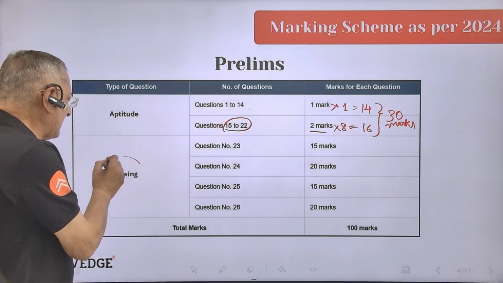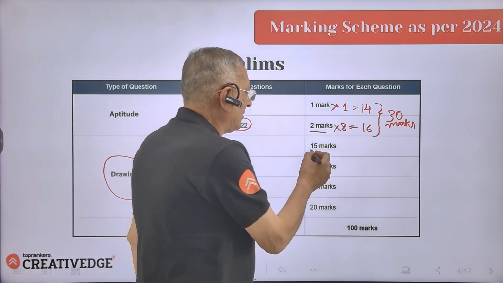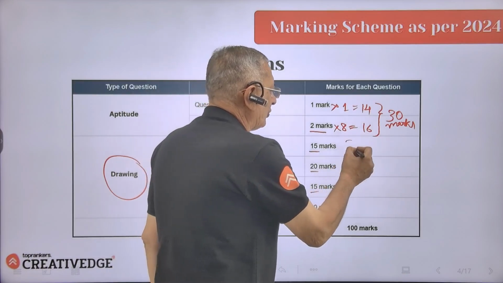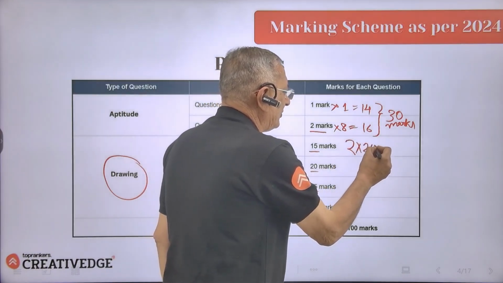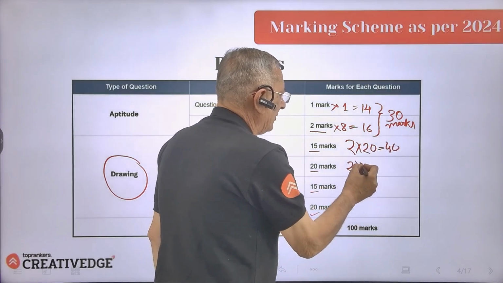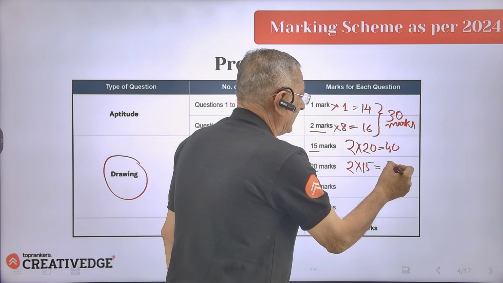Whereas the drawing section has 4 questions, worth 15, 20, 15, 20. That means 2 questions of 20 marks each, making it 40, and 2 questions of 15 marks each, making it 30.